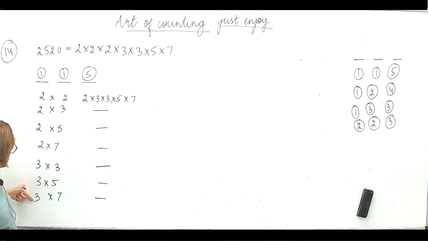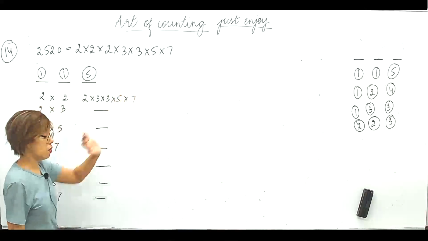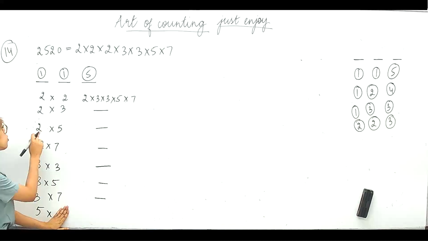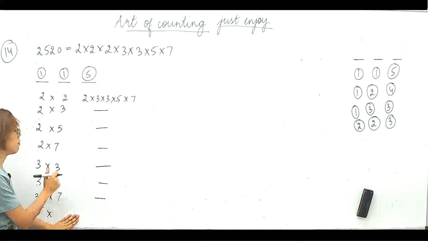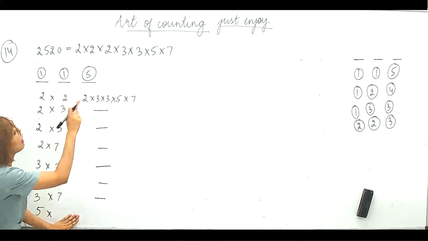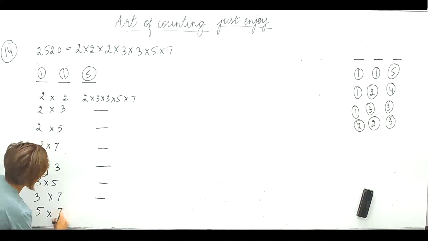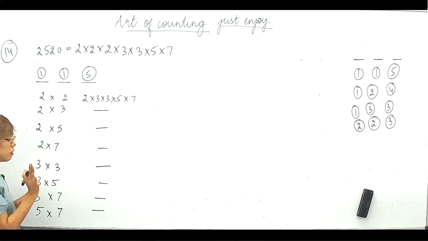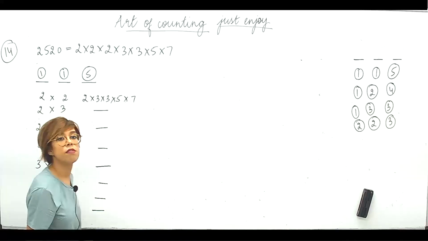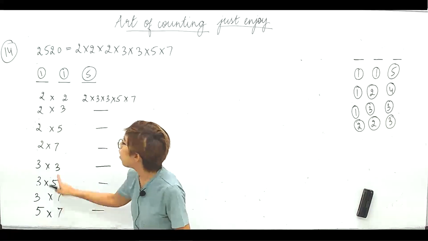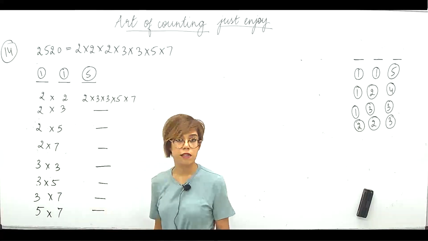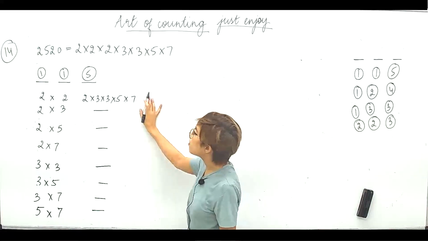So I've exhausted the 3 ones. Now let's move on to 5. So 5, 5. अब 5 into, you can't put 2 here. Why? Because 2 into 5 already considered, right? You can't put 5 into 3 because 3 into 5 already considered, right? So 5 into 7, that remains. 5 into 7 have not been considered yet. So whatever the case may be. So another one. Now you will say starting with 7, check कर लो. 7 into 2 already considered. 7 into 3 already considered. 7 into 5 already considered. Right? So these are the possible cases.